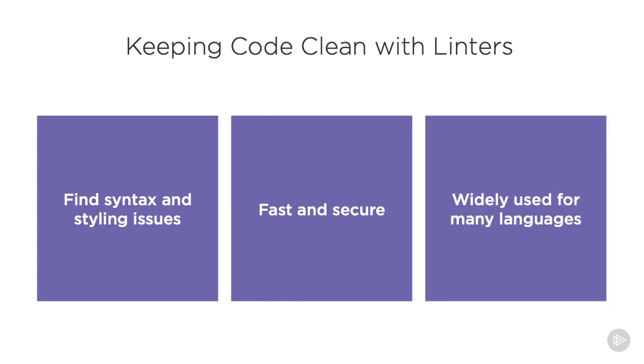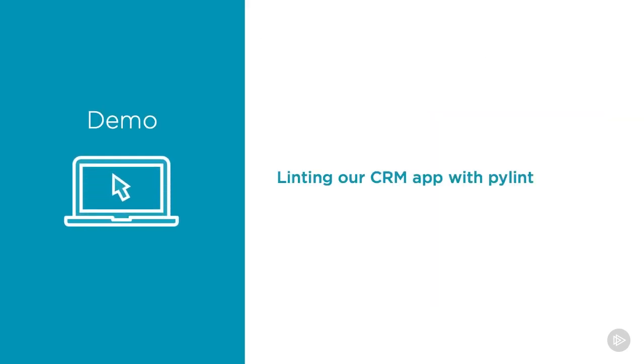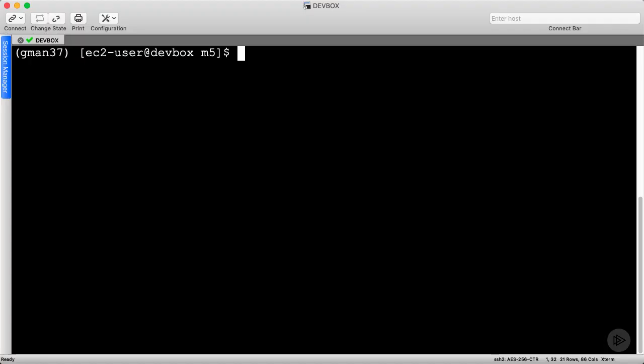Linters exist for almost every programming language or syntax format. I'll be demonstrating PyLint in this course. I suggest trying a few different ones, then choosing your favorite. At this point, let's use PyLint to scan the GlobalMantics CRM app source code for any issues. In my Ansible and Python network automation courses, I discuss PyLint in greater depth, but here I'll keep it higher level. Let's install it using pip first.